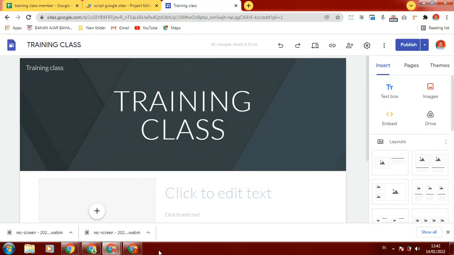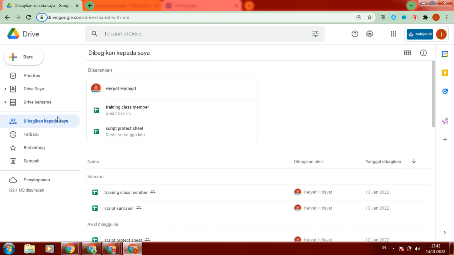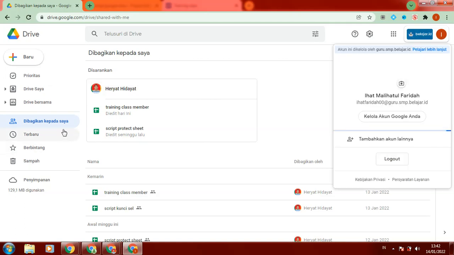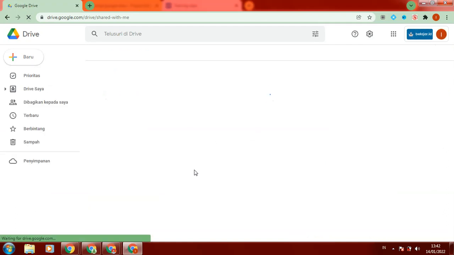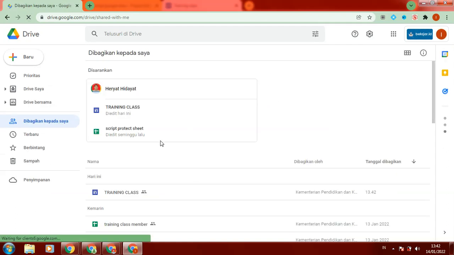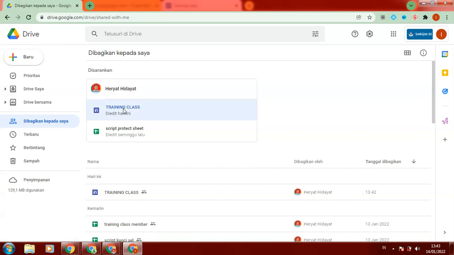I will see here in Google Drive. We can check it in the Shared with me folder. We can refresh, and there is a new file, the Google site. Okay, we can open it.